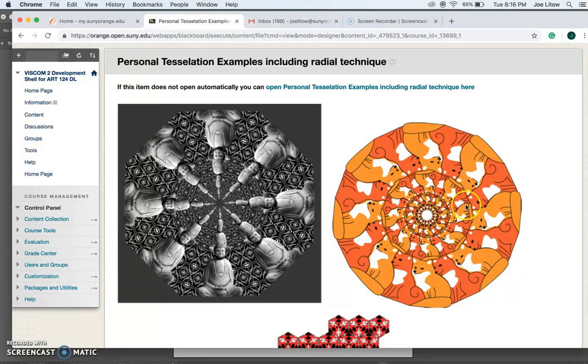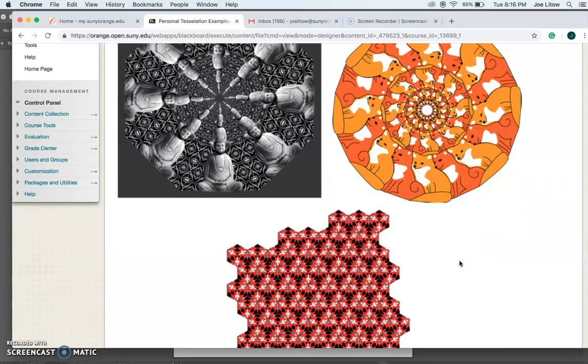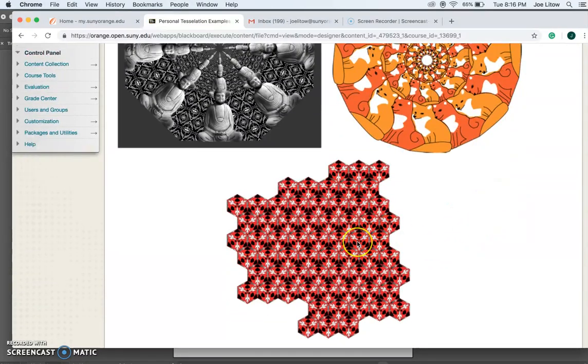This one also is done the same way, showing an example of the radial. This one down here is another past student's tessellation using a hexagon to tessellate, and they embellished the inside of the hexagon to create their own personal tessellation.